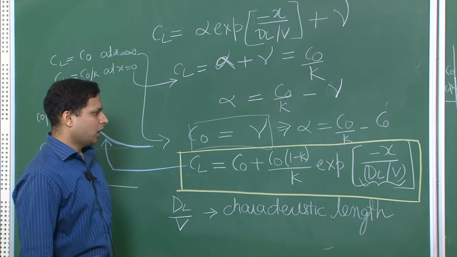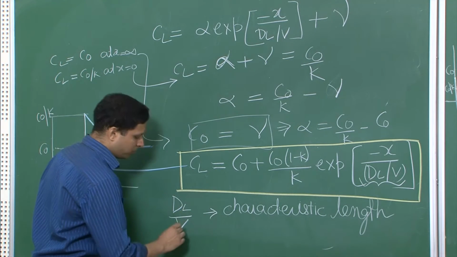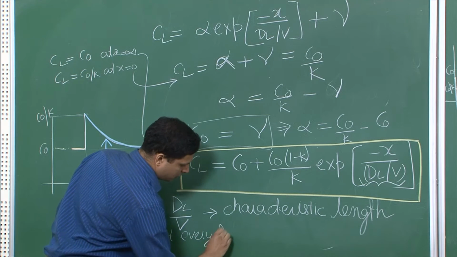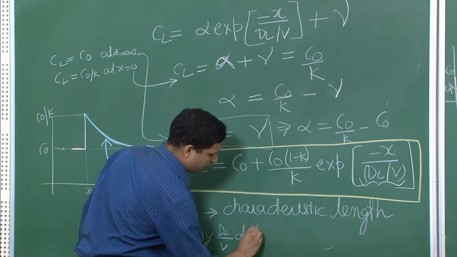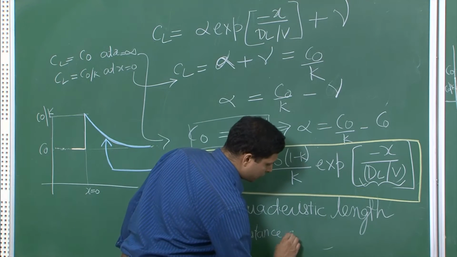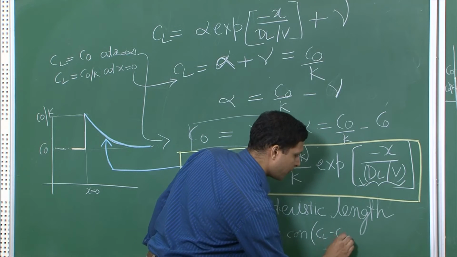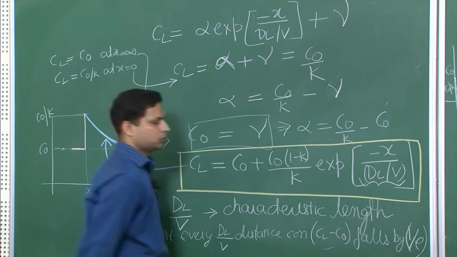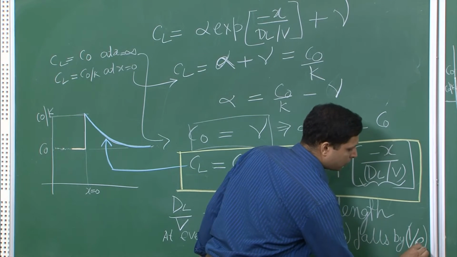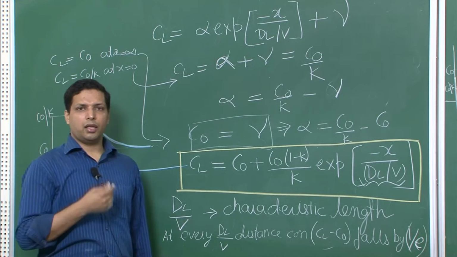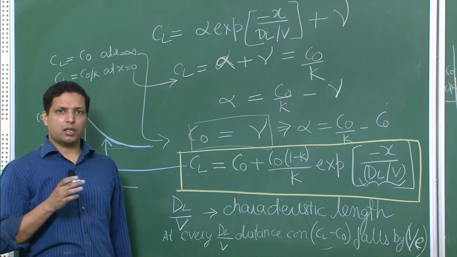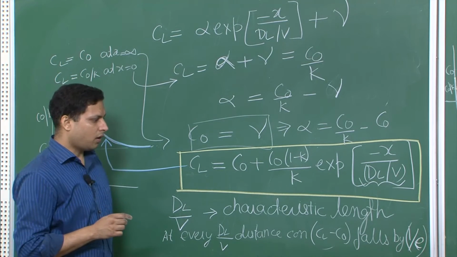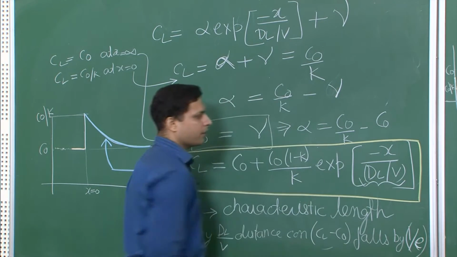What is characteristic length? It says that when you move by this distance D_L over V, the concentration C_L minus C naught falls by 1 by e, where e is the exponent, e to the power 1. So as you move in the liquid by this distance D_L over V, the concentration C_L minus C naught falls by a factor of 1 over e. So that is the significance of this value D_L over V, and